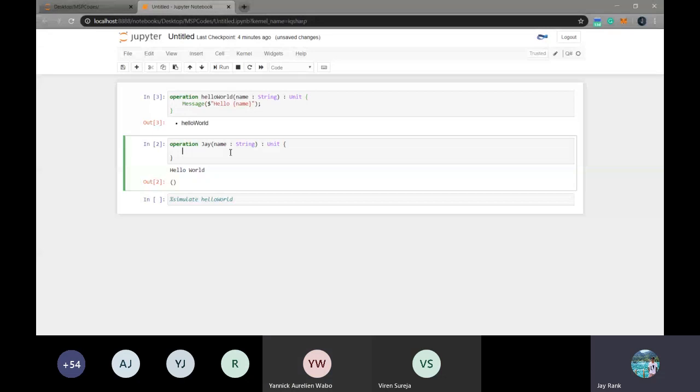Is there any operation? Sorry. Open the chat box? Yeah, just a minute. Someone just shared this link, quick quantum circuit simulator.